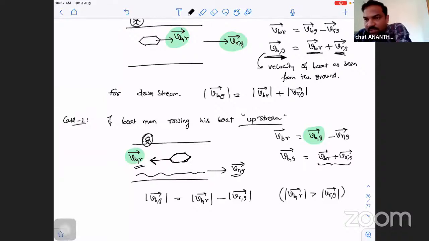Always think from the relative velocity vector subtraction. Even when I started relative velocity, I told you also. You have to think about the vector subtraction. If you think from the vector subtraction, you can solve the questions easily, and you will understand all the things. Vector subtraction and vector resultant.